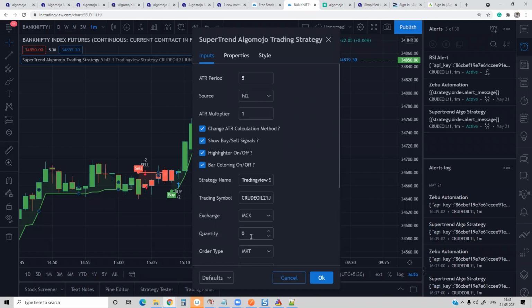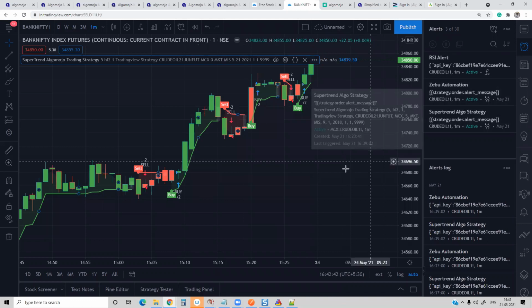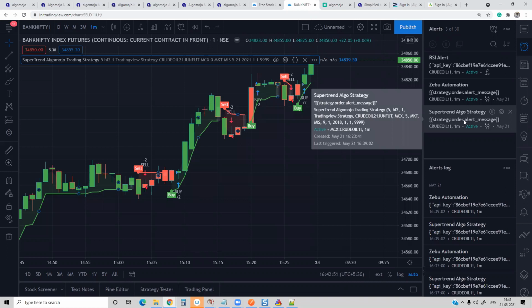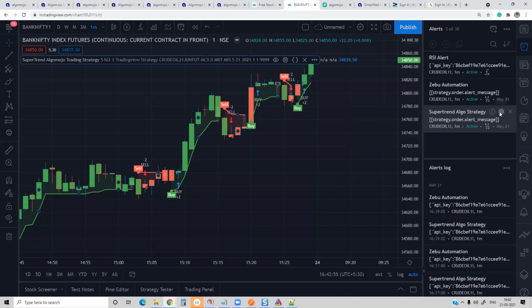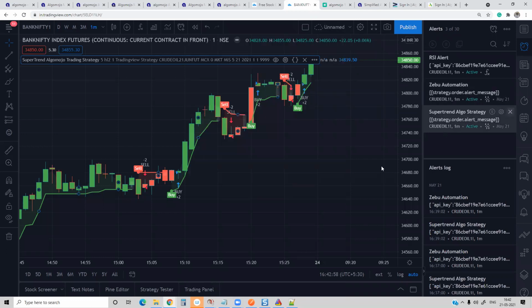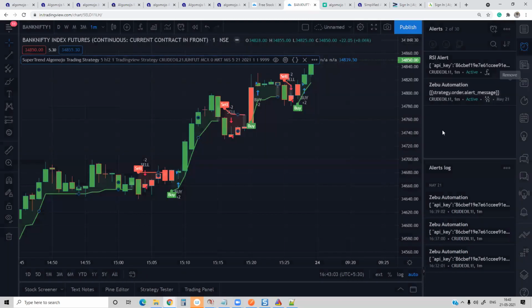All right. So remember, only after setting everything should you create an alert. Once you have created the alert, if you want to change a parameter, let's say I don't want to use the super trend parameters 1 and 5 and I wish to change them, I cannot change them from here. So what do I have to do? I have to create a fresh alert. I have to delete this alert. Let's say I'll delete all the alerts.